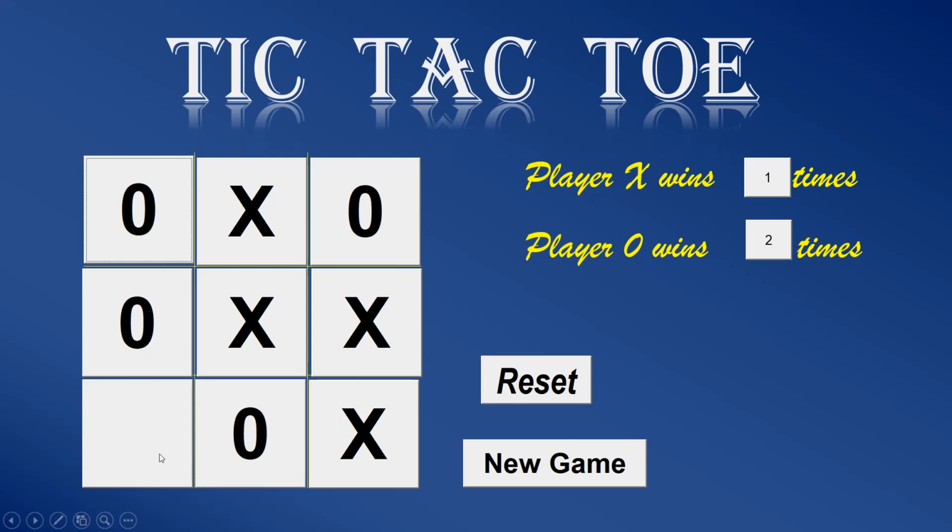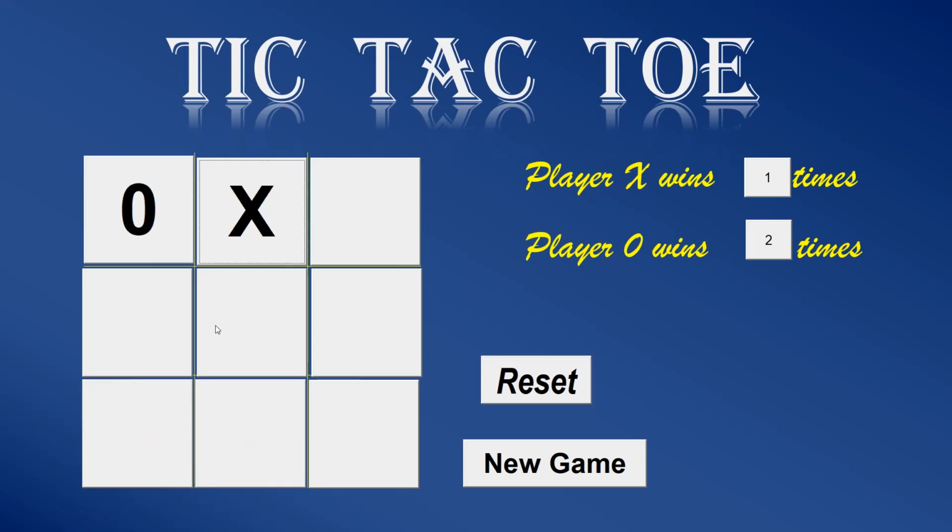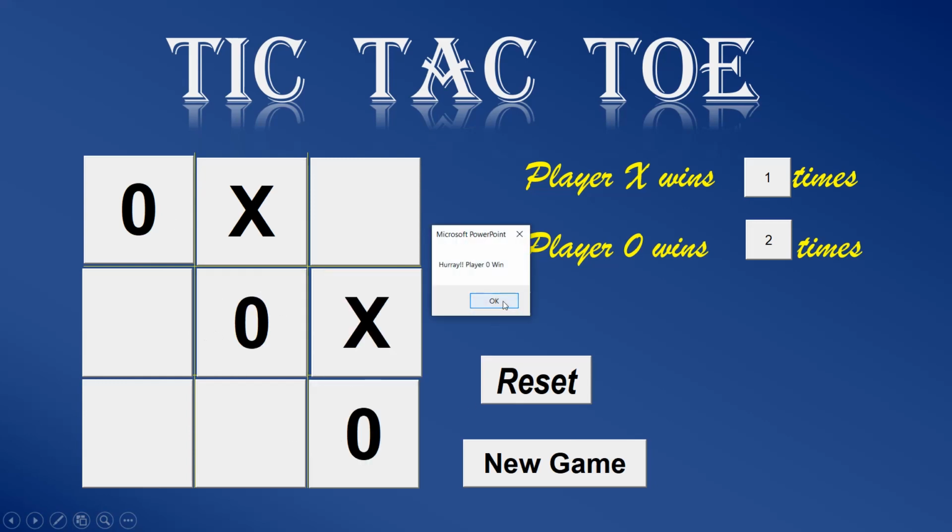And next you can see that here no player is winning, so nothing will happen. So let's start our tutorial of this game.